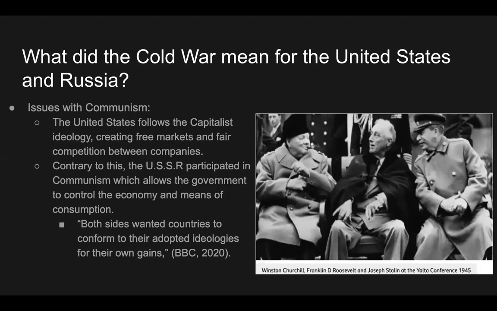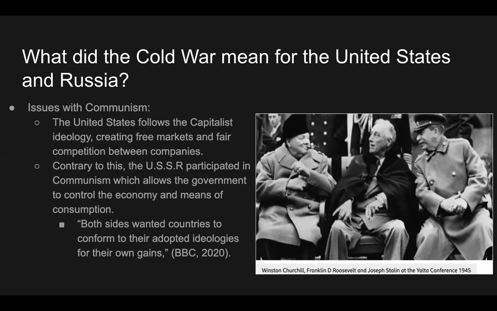What did the Cold War mean for the United States and Russia? Issues with communism were the leading factors for this. The United States follows the capitalist ideology, creating free markets and fair competition between companies. The government doesn't really intervene or regulate the production and consumption of goods in the United States and, well, in all capitalist societies. Contrary to this, the USSR participated in communism, which allows the government to control the economy and